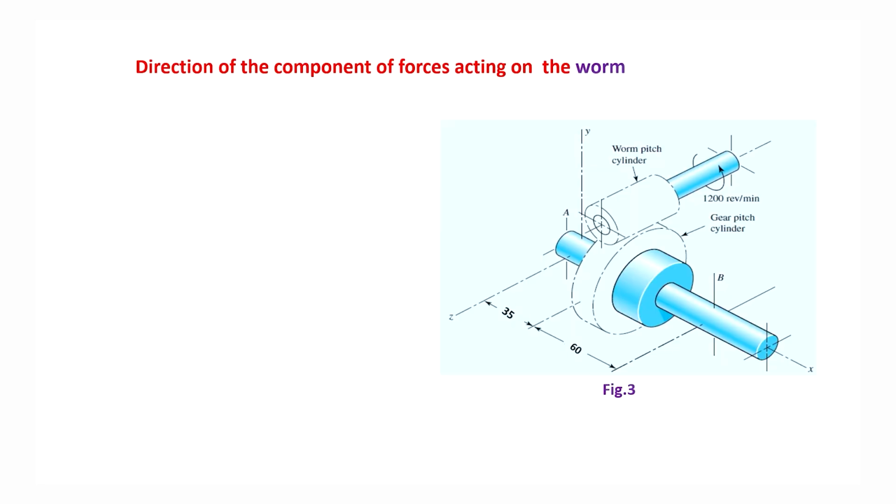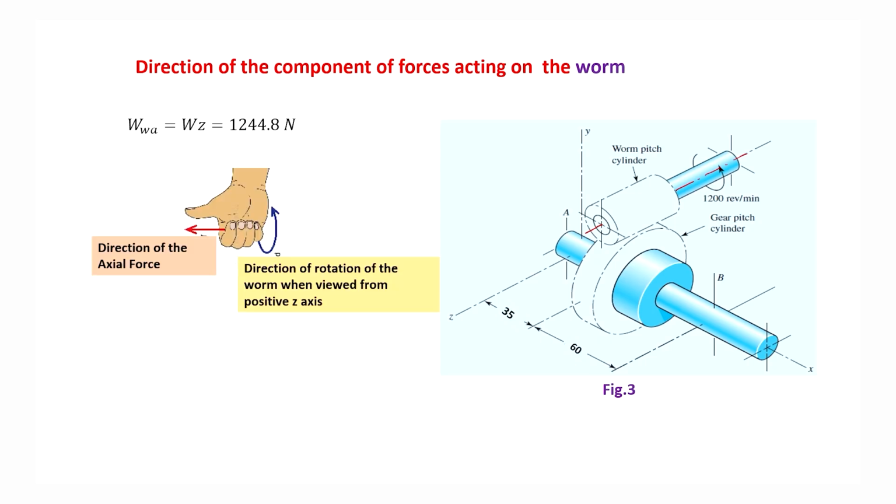Now, let us find the direction of component of forces acting on the worm. We have found the magnitudes, but let us find the direction in which they will act. So, the axial force WA, you see, along the z direction, the axis of rotation of the worm, and the Wz which is acting is 1244.8 Newton. Now, the direction of this WA is determined from the right hand rule, because we know that